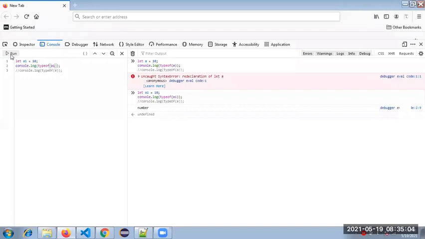Maybe some of you are aware that in Java we say string, number, boolean, like this, right? That's what you guys are asking, sir. After let you have to put int or string, like other programming languages, right?